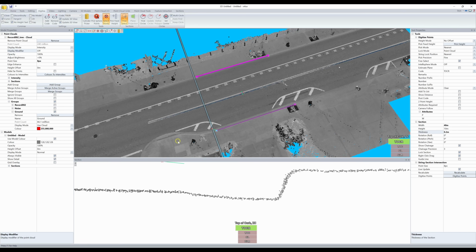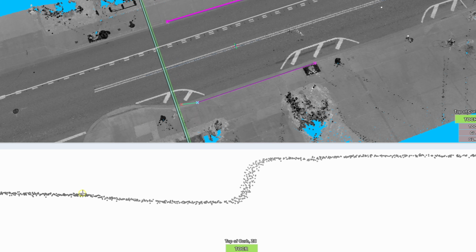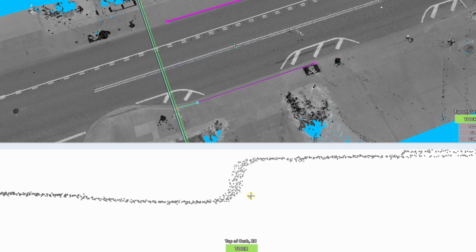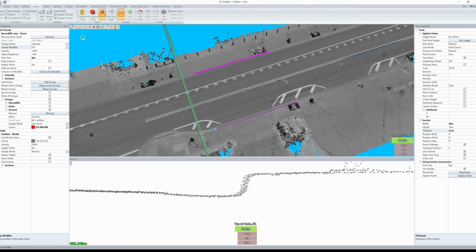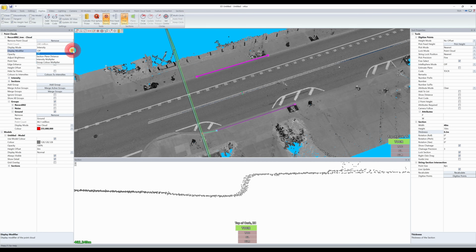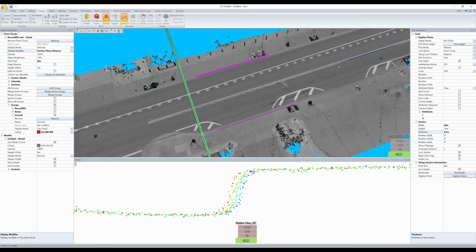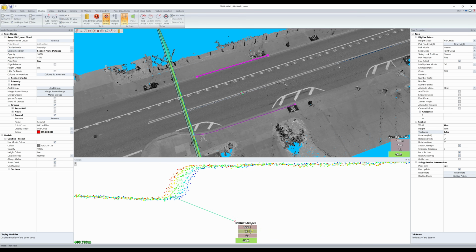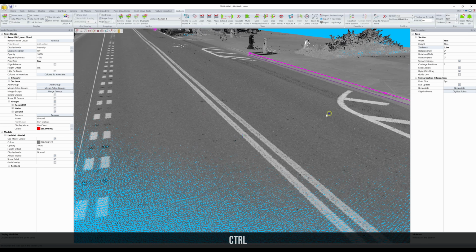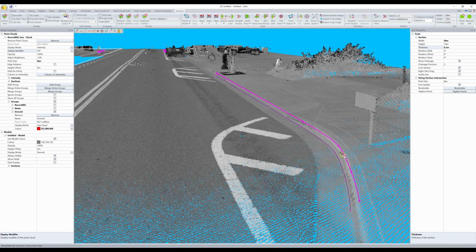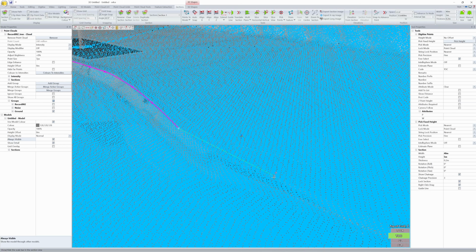When you come to a radius that your section path doesn't follow, the cross section of points will spread out, making it hard to accurately define the feature because your section is no longer perpendicular to it. What I like to do is turn on the section plane distance display modifier, and the points colored in green are the true center of your section, which allows you to digitize features on curves while remaining in the section. And of course, to finish out a radius or curve, we can always just close the section view and start